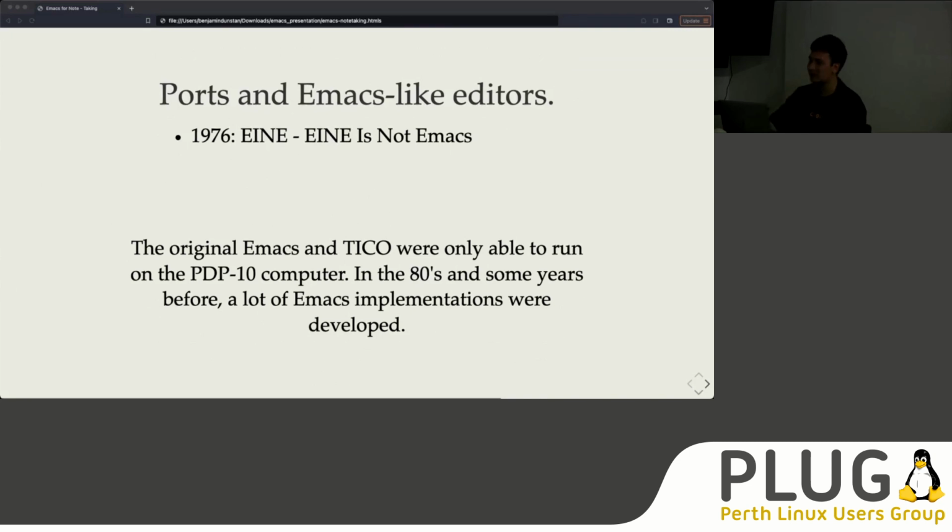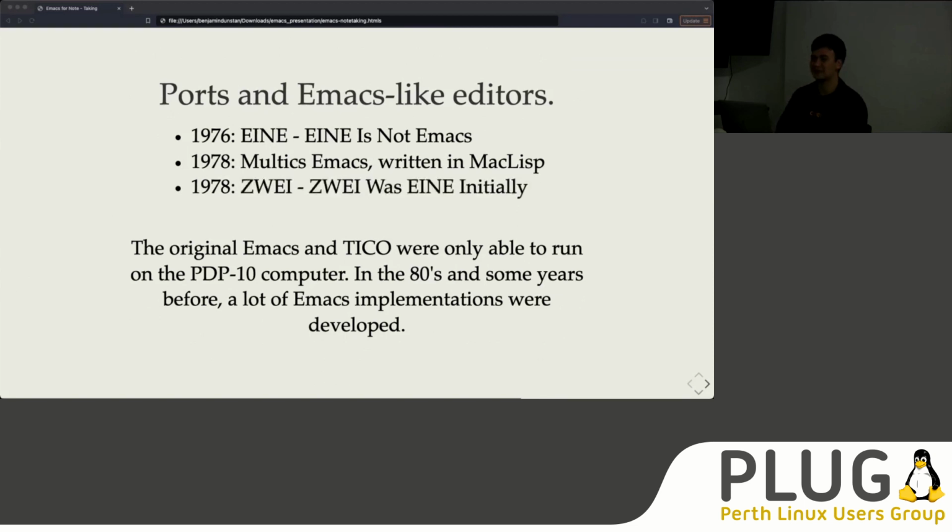After that, we have Multics Emacs, written in MACLISP in 1978, which came after EINE. And one of the really important ones that came after these was Gosling Emacs, written in Mocklisp,